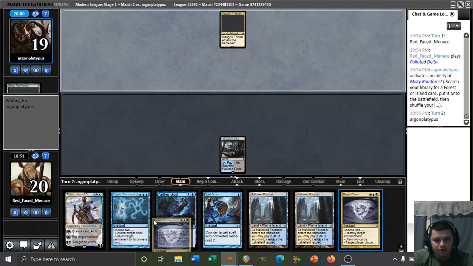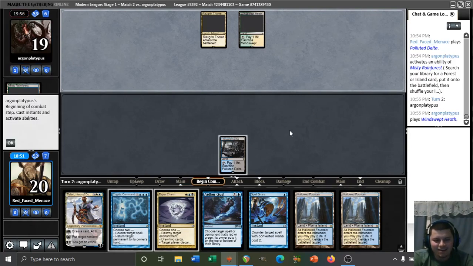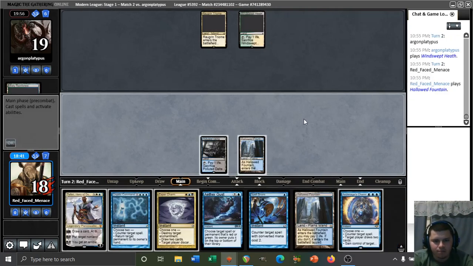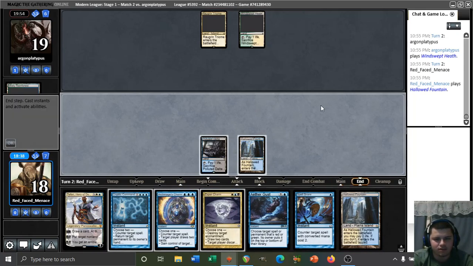Esper Charm's a nice pickup here, too. We've got the 1, 2, 3, 4, 5 curve. Too good. Too good. And our opponent is on nothing. Do we play around Growth Spiral here? I suppose we might as well. Because if our opponent had a Growth Spiral, I probably would Spell Snare it. I would not Aether Gust it, I think, but I would probably Spell Snare it, so...